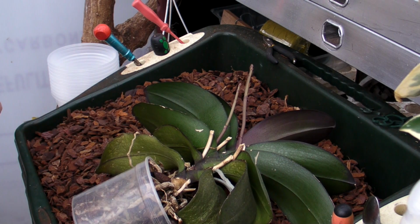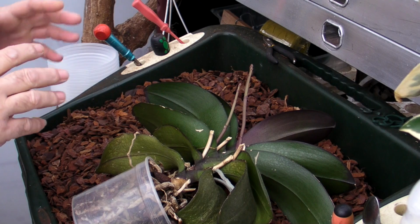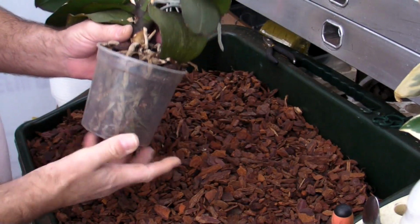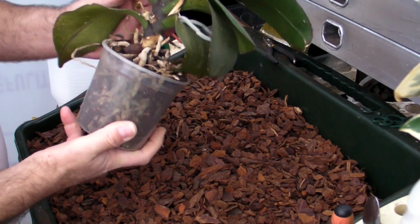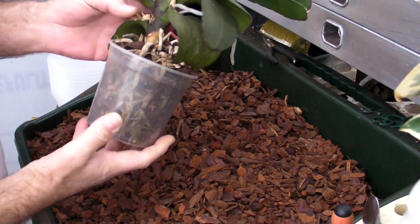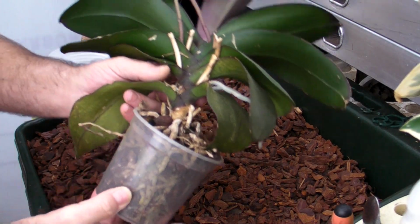What I'm looking at today is a Phalaenopsis that I'm sure everybody's seen one like this. It's one that's been growing in the conservatory, neglected in a corner with a bunch of other plants. It's not been taken out, it's just been watered. And this is the consequence. Now, as you can see,